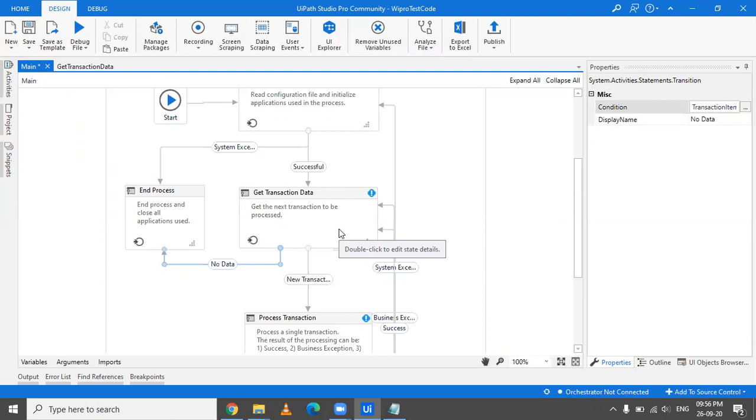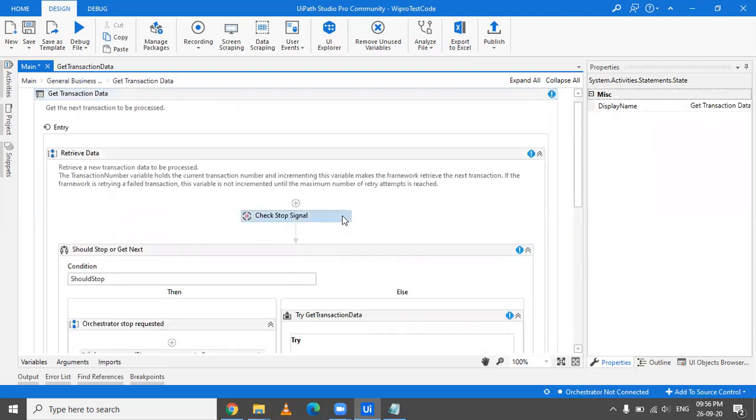Also, considering the interview point of view, where you are asked all these questions, the check stop signal is also very frequently asked in interviews: what is the use of it, why do we use it. This is something many people aren't aware of, but you should be aware of it. People do ask it.